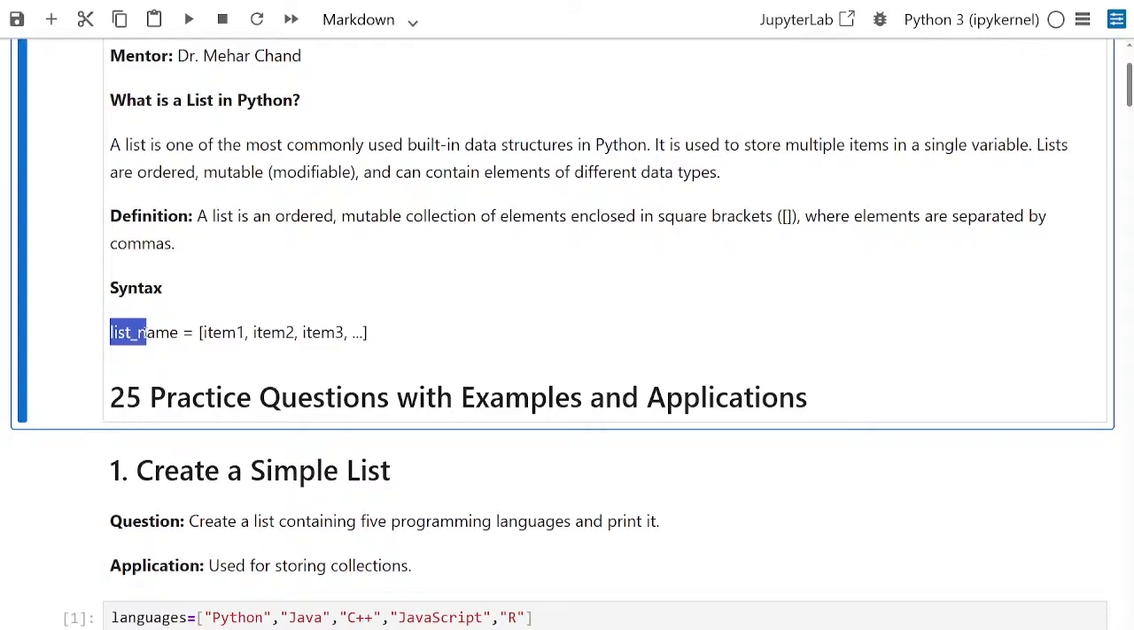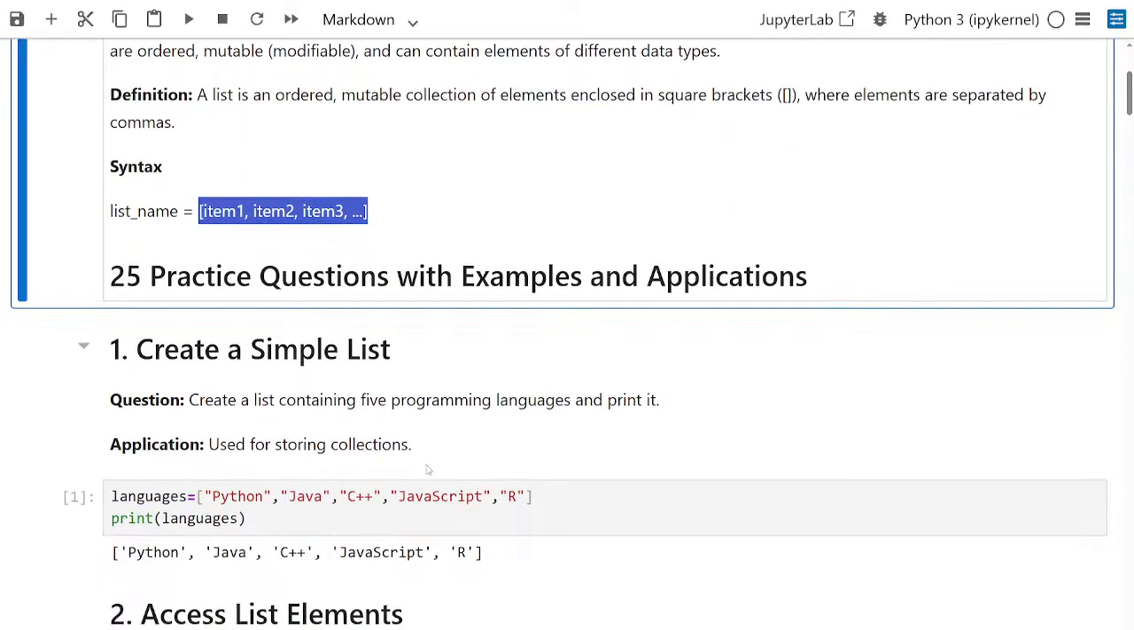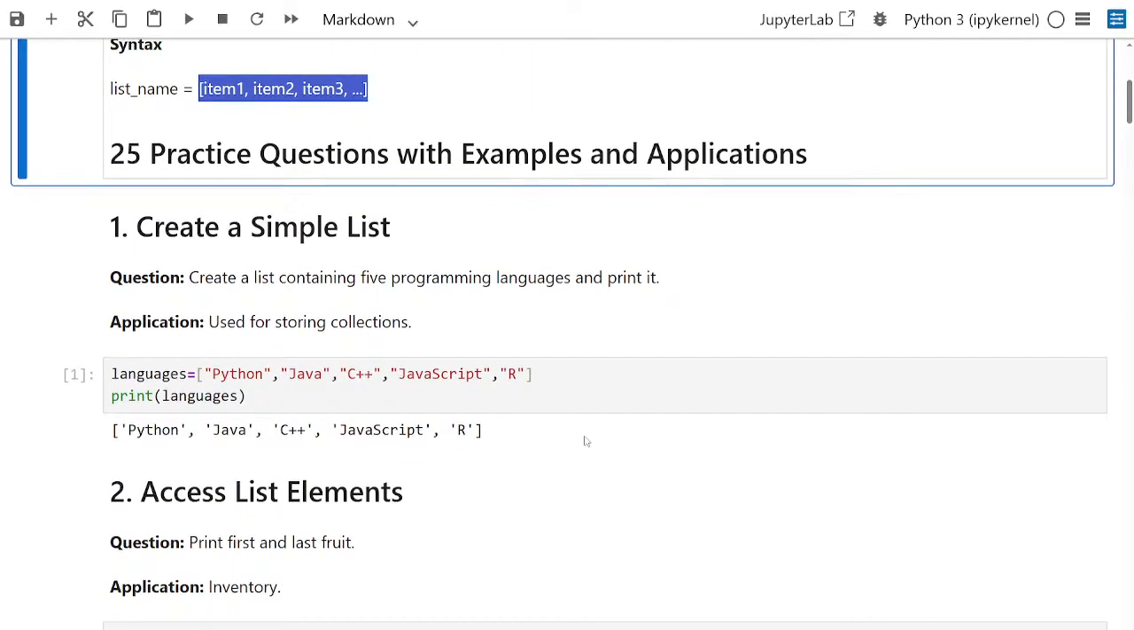This is the syntax, this is the variable name, and we have to use square brackets, as you can see I highlighted at this place. In this we have item 1, item 2, item 3, and so on. So this is a very simple example to store information in a list. Here we are going to cover about 25 practical examples with their applications. So first we are talking about